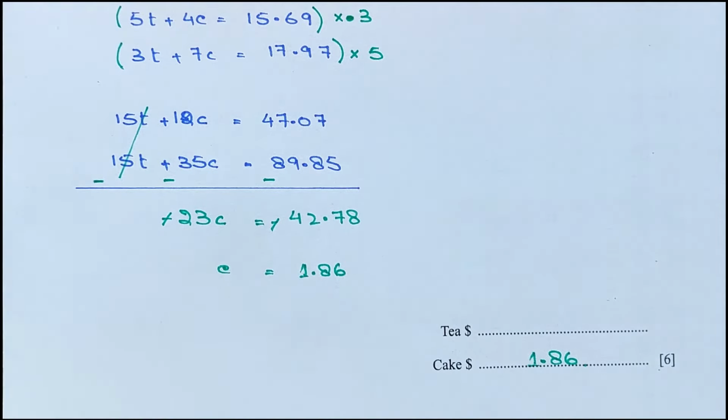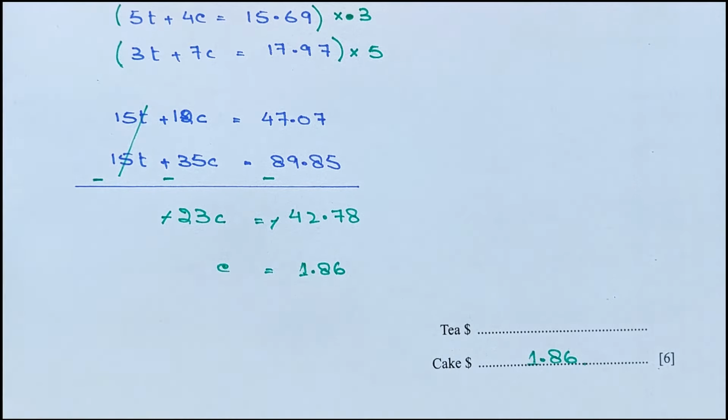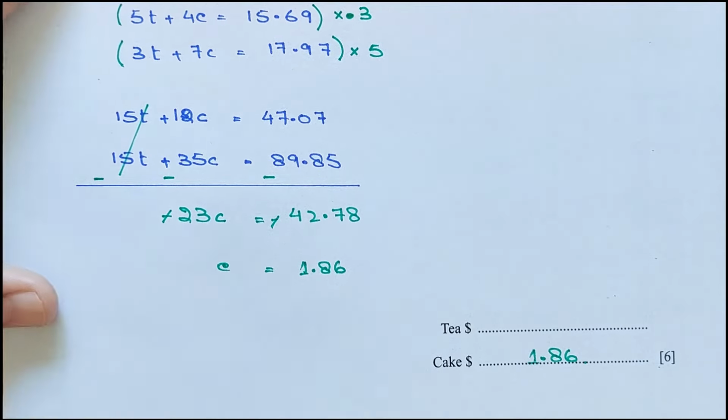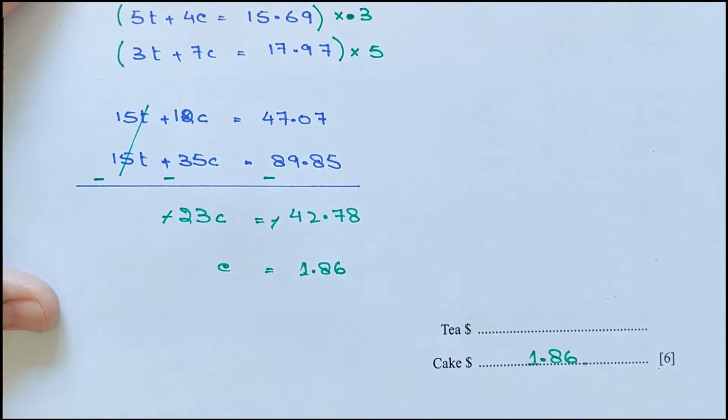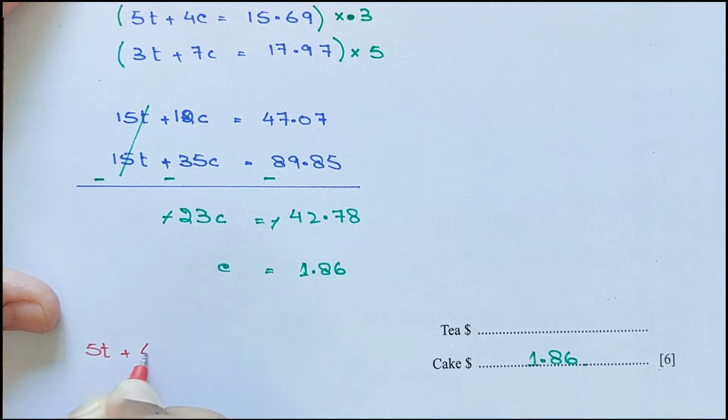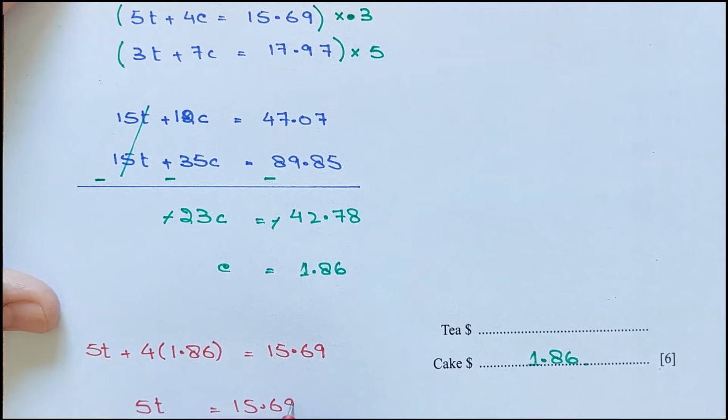So the second step of the method of elimination is, you got the value of C, you can substitute the C value into the first equation or second equation. This is your choice. Let me plug this into the first equation. 5T plus 4 times C equals 15.69. 5T equals 15.69